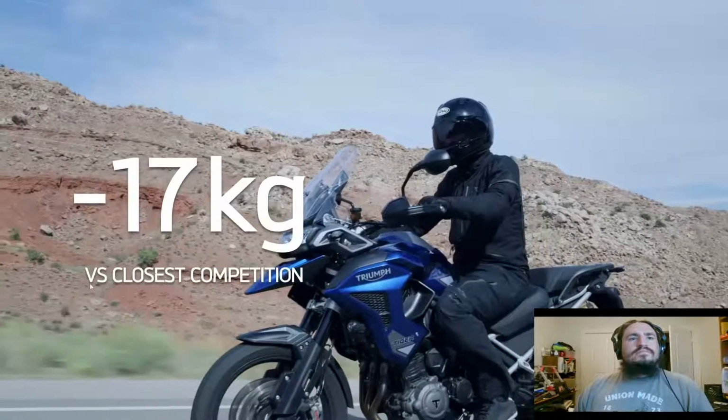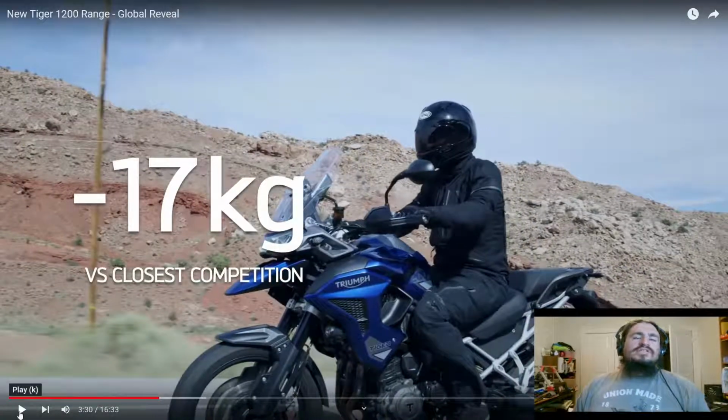Now, this makes the Tiger up to 17 kilos lighter than the closest shaft drive